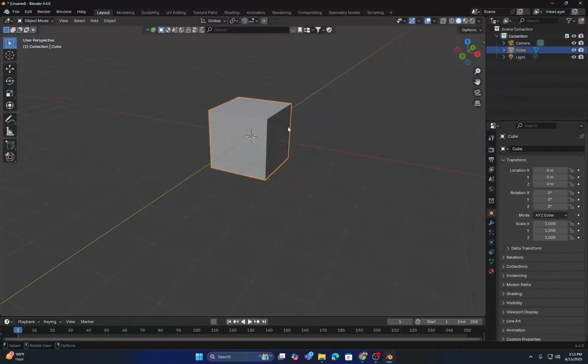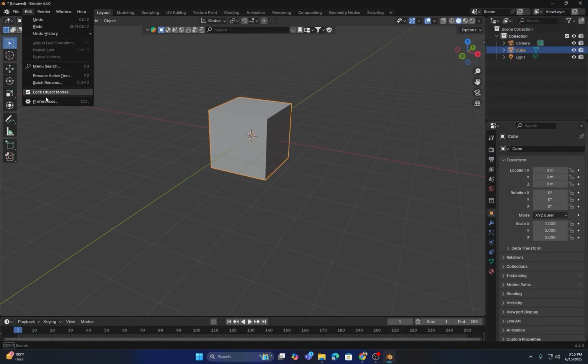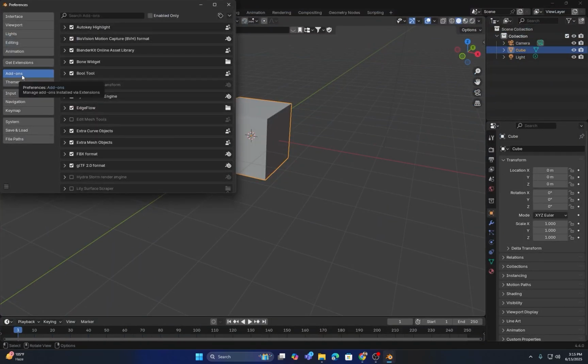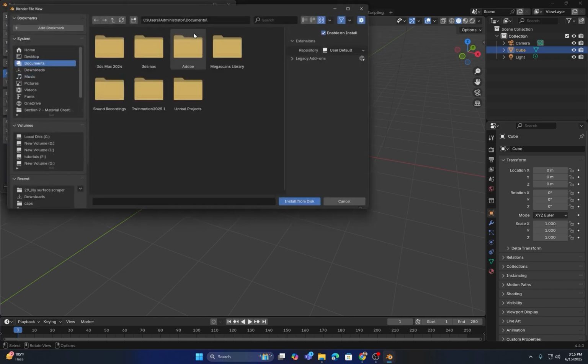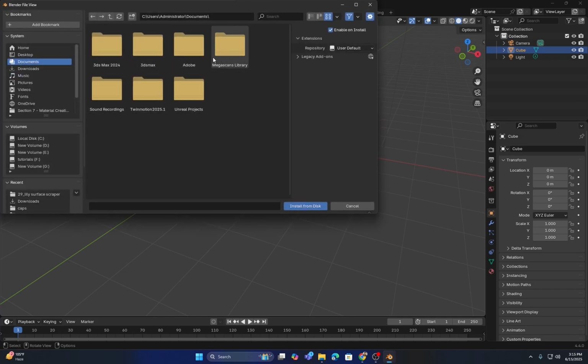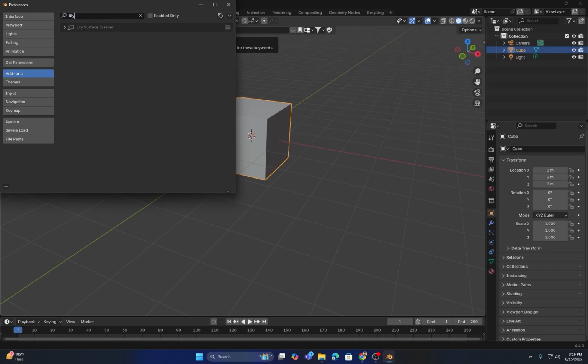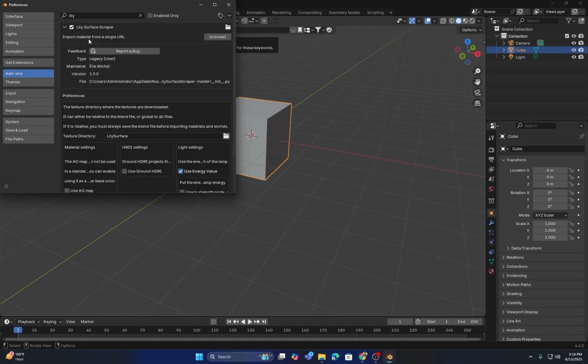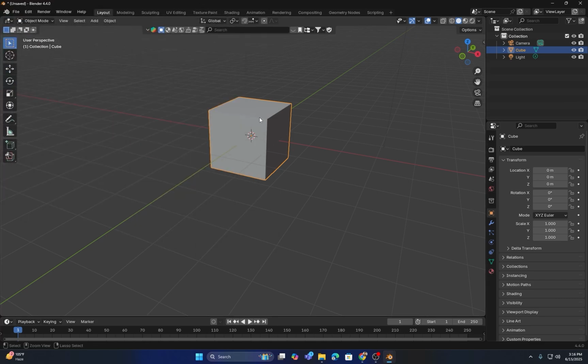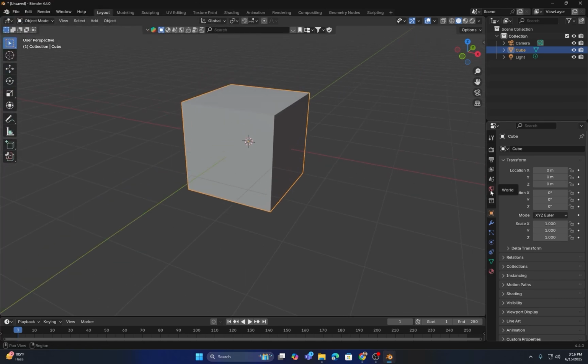After downloading the zip file, you'll go to the Edit menu, then into Preferences, and in the Add-ons section, you'll click on Install from Disk. Then you'll navigate to the location where you saved that zip file. Select it and click Install from Disk again to install the add-on. Since I already have it installed, I'll just enable it, and you'll need to make sure that the Use Ground HDRI option is enabled. Once the add-on is installed, you'll go to the World Properties in Blender, and you'll see